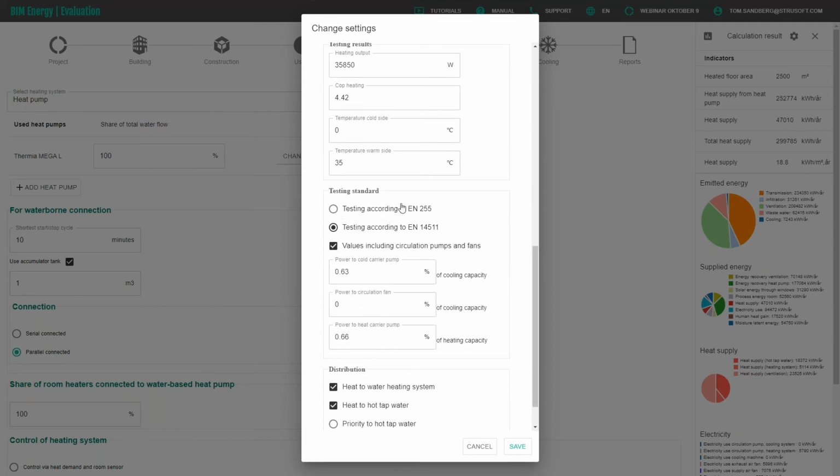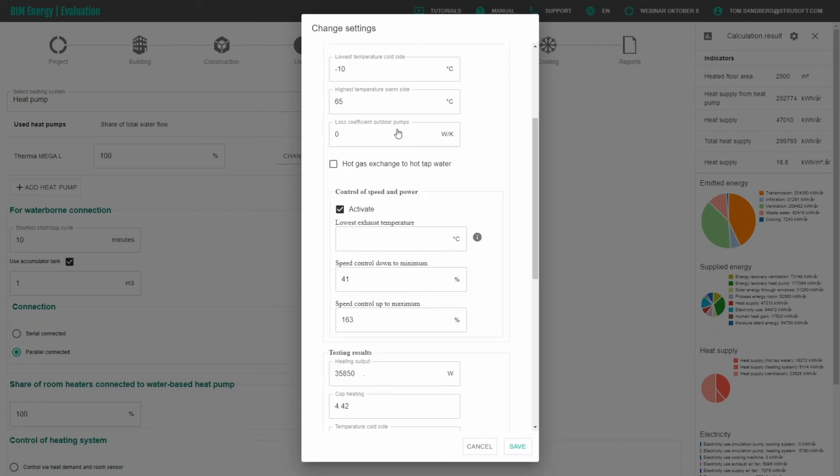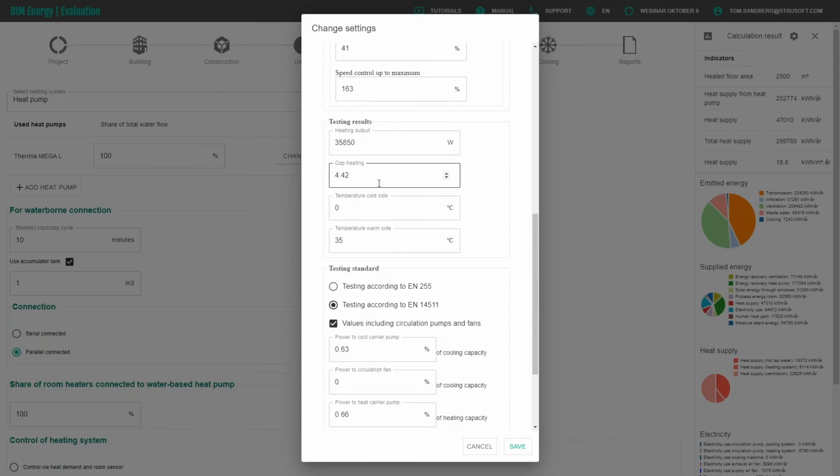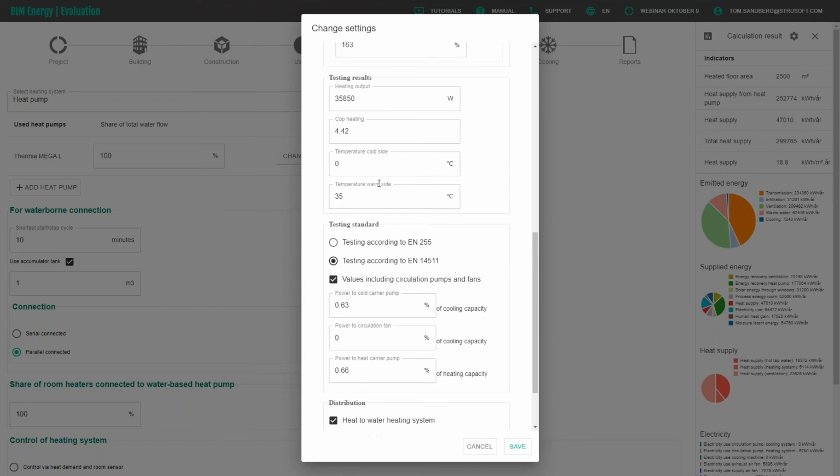And we have the results from the testing, which should follow any of these standards. So I think they are obliged by law actually to test according to these standards, so you will find it in any data sheet. By inserting the heating output, the heating COP, and temperature on the hot and cold side, the program will calculate the efficiency of the compressor, and together with the properties of the refrigerant,